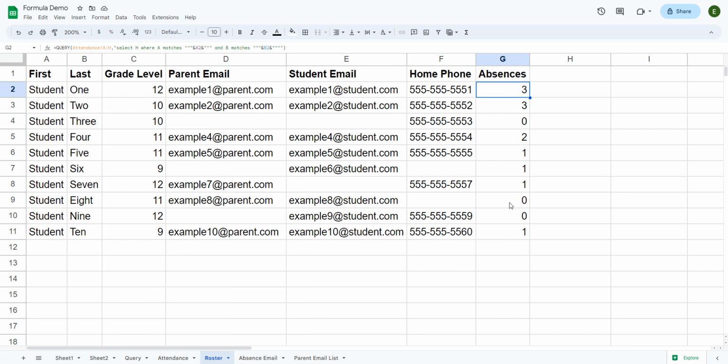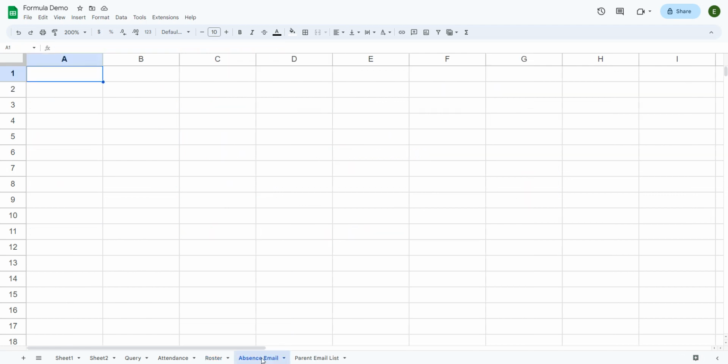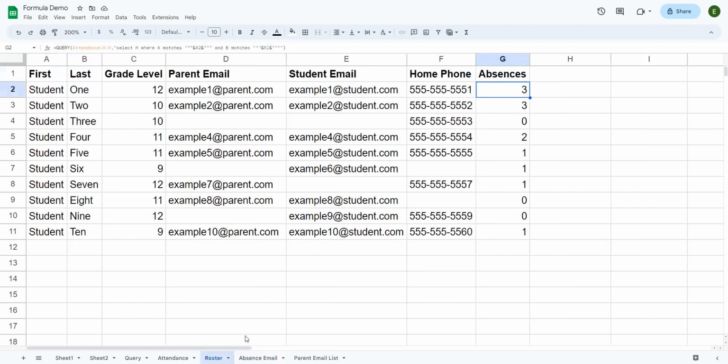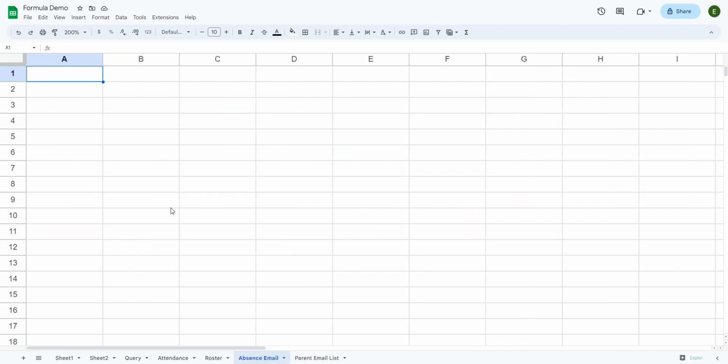So now that you have the total count on here for each student, what I would do is create another one. I've created this tab called absence email, and I'm going to run one because I just want the email addresses of the students that have 2 or more. If they don't have 2 or more, I'm not going to send an email to them because I don't need to check on them. They've either not been absent or only been absent once. I'm just going to want to send a check-in email for the ones that have been absent an excessive number of times. So if I go back to this, what I'm going to do is run